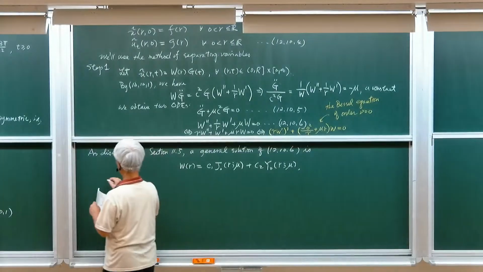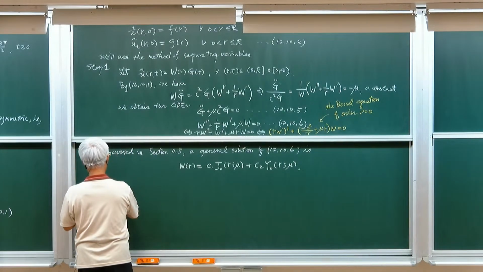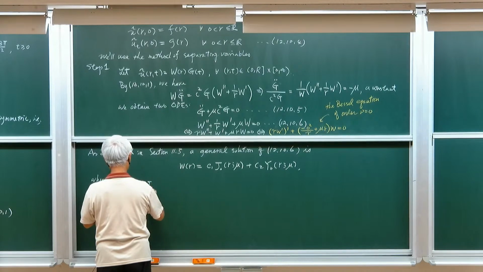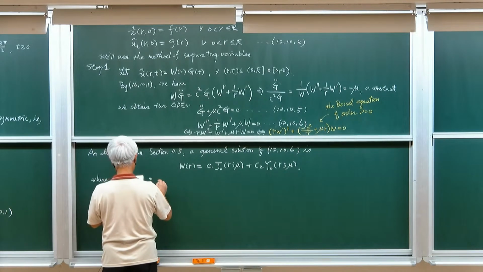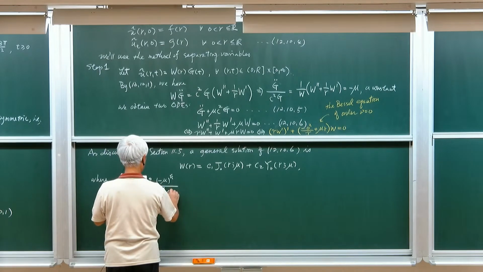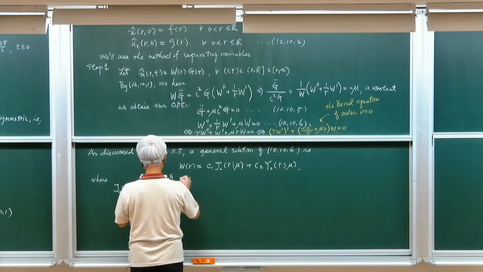Okay, and well, we know that J0(r, mu) is equal to the summation from k equal to 0 to infinity of (minus mu) to the k power over 2 to the 2k power, k factorial, x to the 2k,